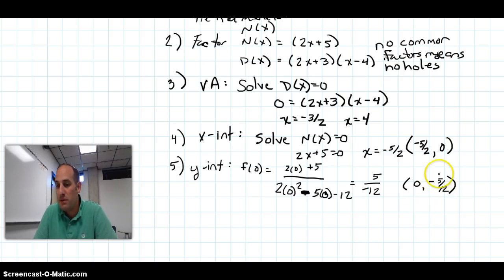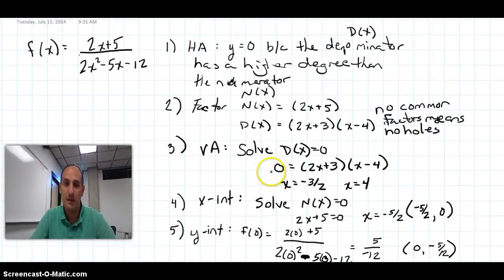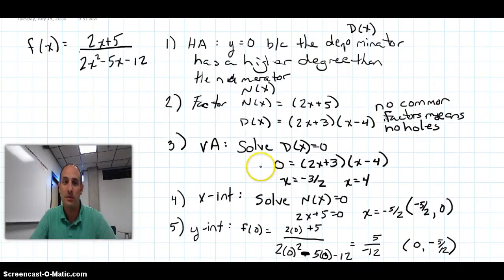Those are the 5 things that you'll do for these to figure out what all the characteristics of a graph might happen to be. So you can see that whole problem from beginning to end, how it's going to work out when we do these. This is how we will find the characteristics of that. So this would be a good place to pause the video if you need to. We're going to do one more example of these to see what happens, and then pause the video at this point, make sure you got everything taken care of,